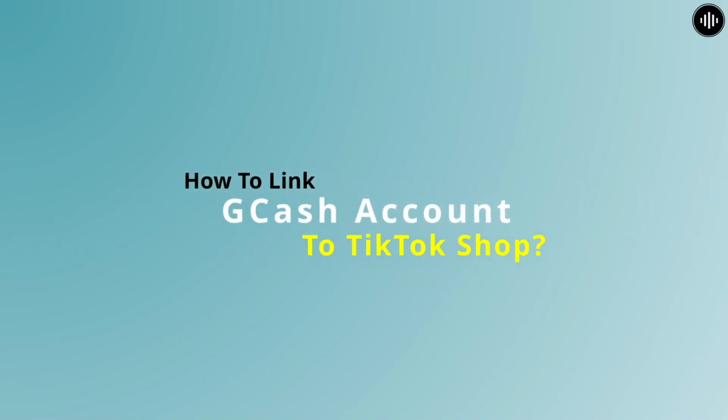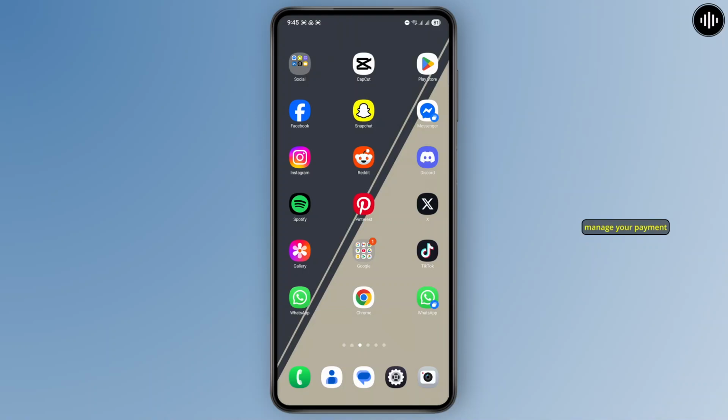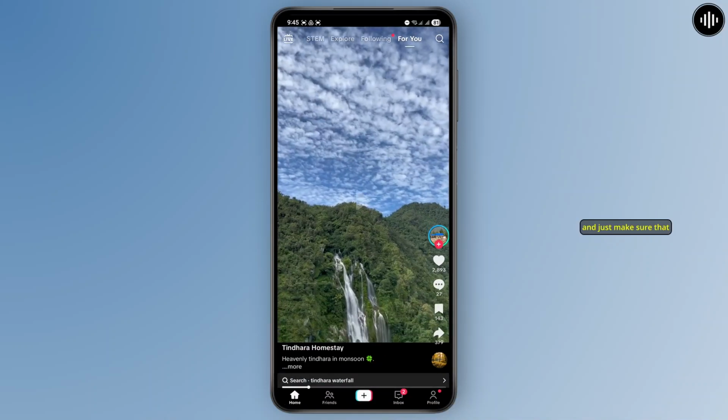How to link GCash account to TikTok Shop. In this tutorial, I'll show you how you can manage your transaction and manage your payment integration in TikTok Shop with GCash. First thing you have to do is open up your TikTok application and just make sure that you're